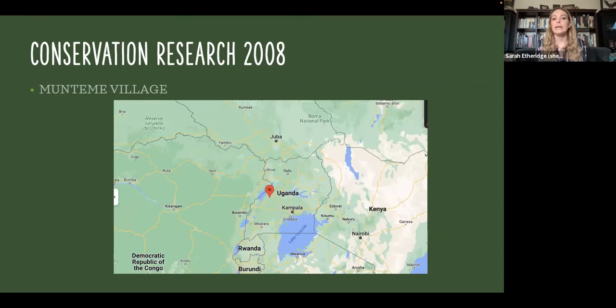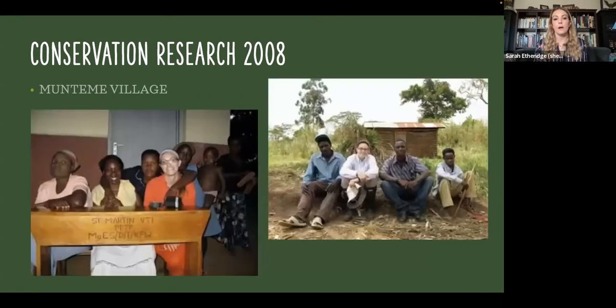So then I moved to this tiny village called Muntemi, which is kind of on the border of the Congo. And I lived out there for several months in a tent next to villagers. And I was there to track chimpanzee movement through a forest to try to get an idea of the population in that forest, because that area was undergoing significant deforestation. And the Jane Goodall Institute was worried that all of the chimps were leaving that area. So they wanted to see, is there evidence that they are there? Are the populations fragmented? Are they migrating? So that was kind of the heart of my research.